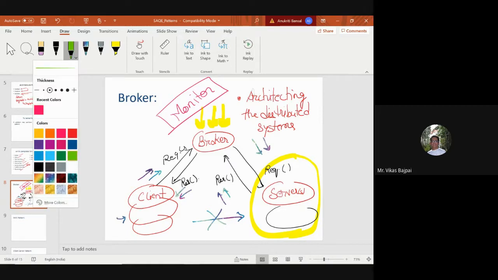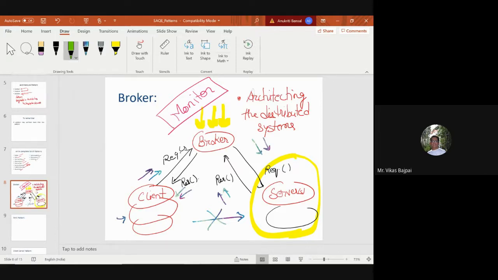I'll give you one example from your day-to-day life where you actually see this particular thing, and it is your proxy servers.